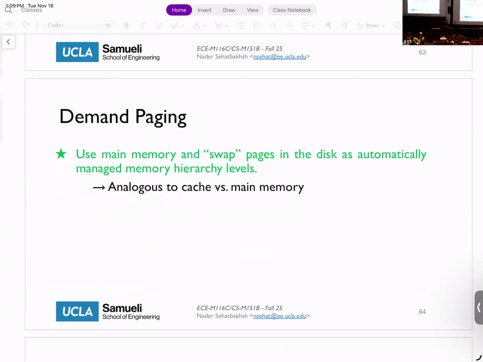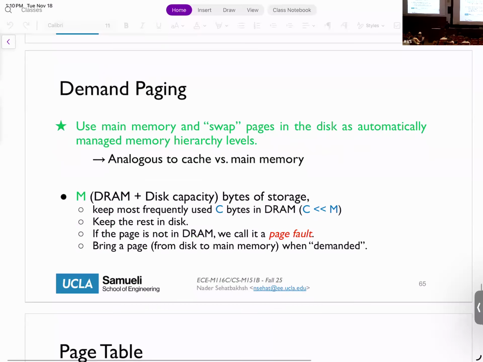Okay, so the concept of pages that we explained, and showed you how to do the mapping and translation, extends to the disk as well. So we store things in page basis in the disk. The difference between disk and main memory, though, is that any page that you want always exists in the disk. Okay, so it's not like you go to the disk and that page does not exist. Okay, so how do we handle things?